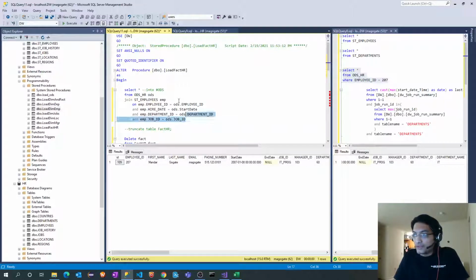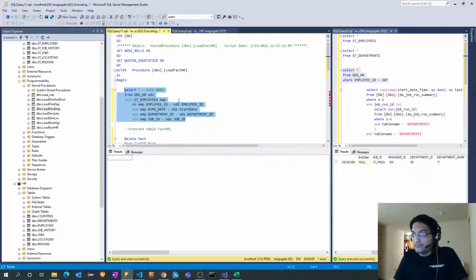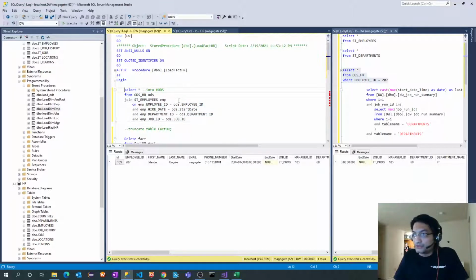This is perfect. And now I will use this one: select star into this ODS from this ODS. I will use it like this. I think this is fine.